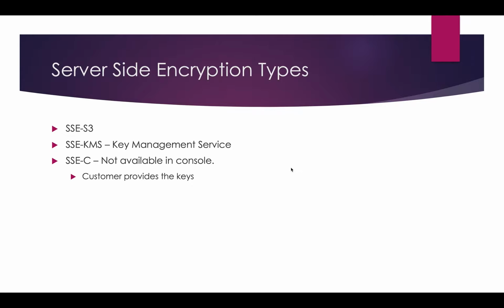One is SSE-S3. SSE is the short form of server side encryption, hyphen S3. It can be bucket level, that is default bucket level encryption, or object level encryption; we have two ways. That means when you upload any file, default encryption will be enabled. That is one way. One more way is, if you upload a file, you can encrypt the data for that particular file. These are the two approaches. We will see them hands on, and when I explain the hands on, you will understand better.